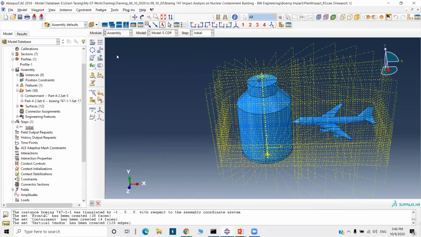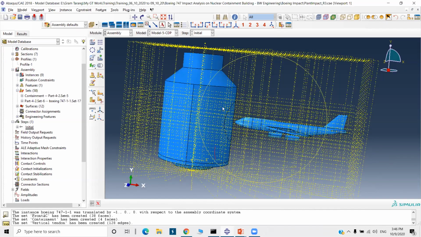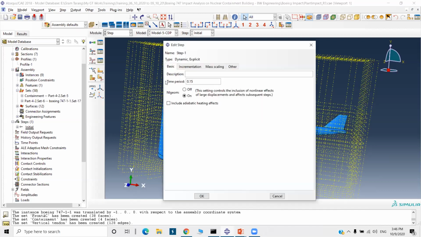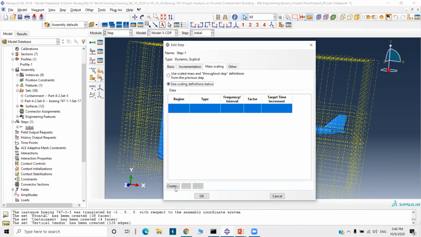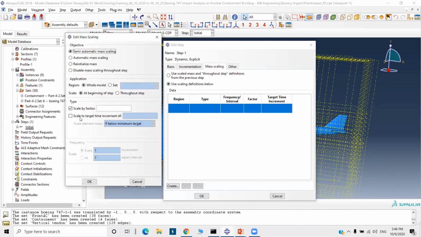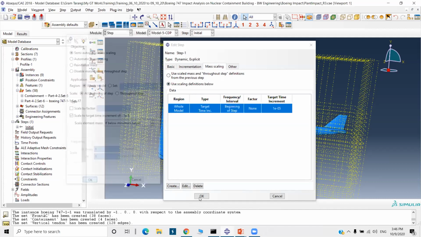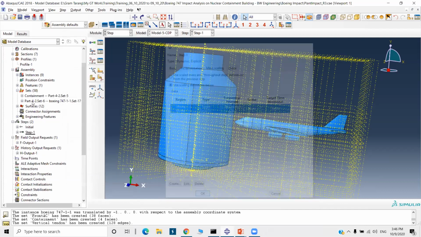Okay, so assembly done. Now we will go to step, define the step here, dynamic explicit. Time is 0.15. In the field output, double click on the field output.